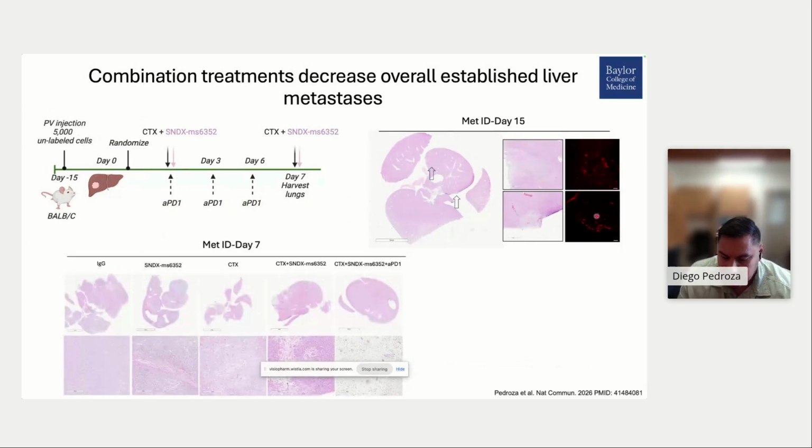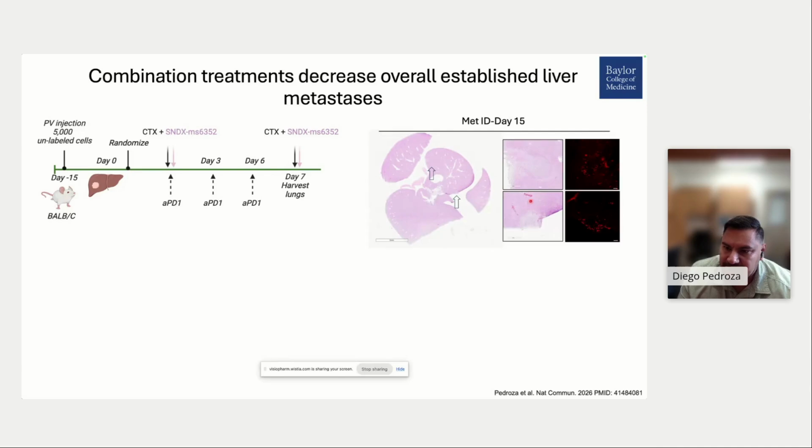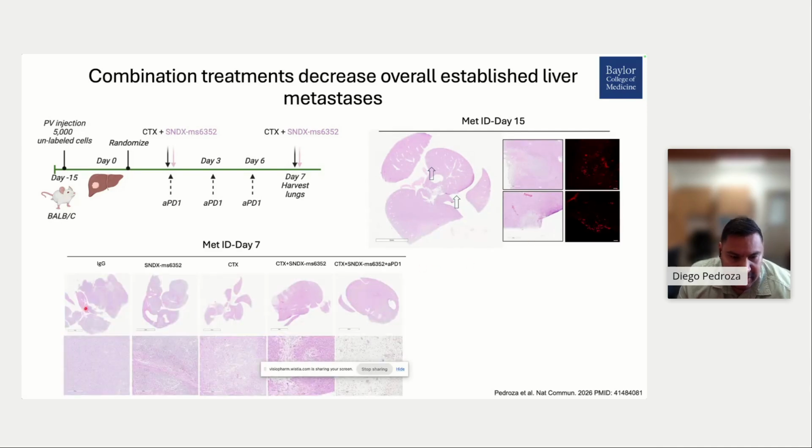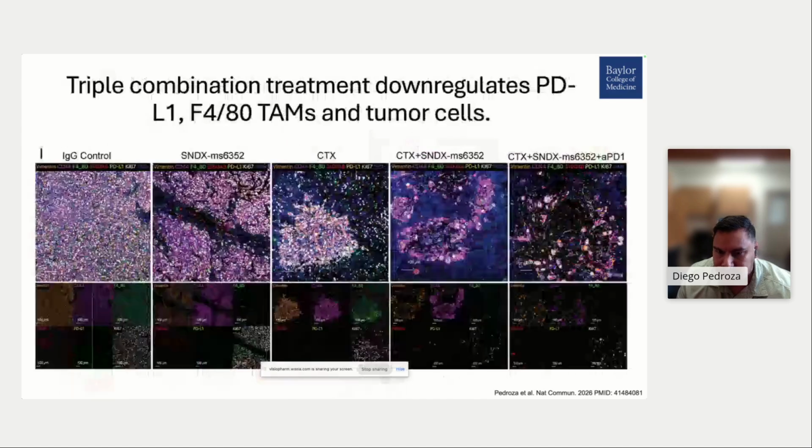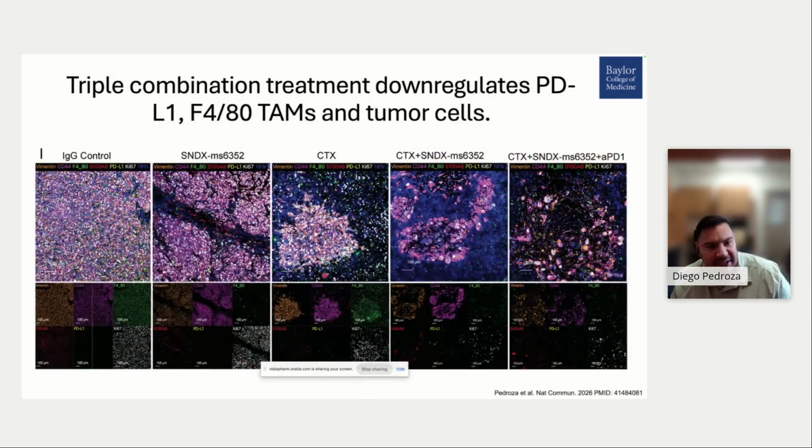We have established metastases before we start our treatment. This is just showing after we do our treatment, you can see the liver architecture improves significantly. And again, we can drop the levels of tumor cells in the liver when we start our treatment, now including immune checkpoint blockade. We applied imaging mass cytometry, and again, you can just see some beautiful images here where when